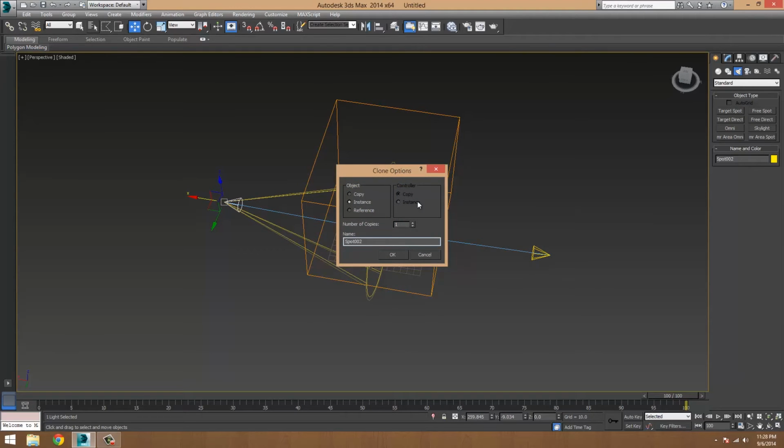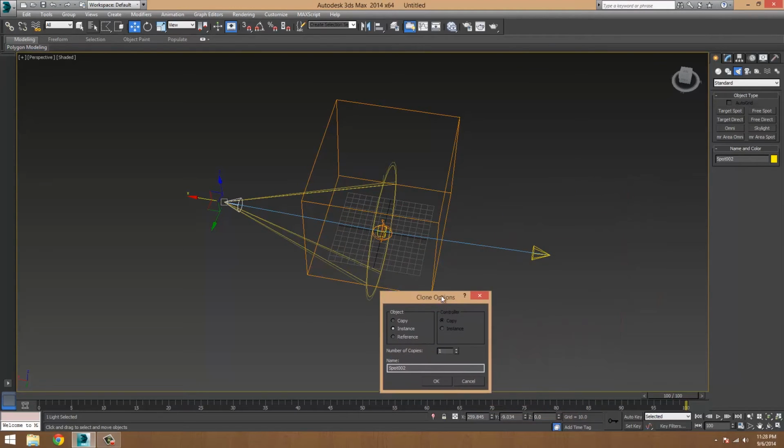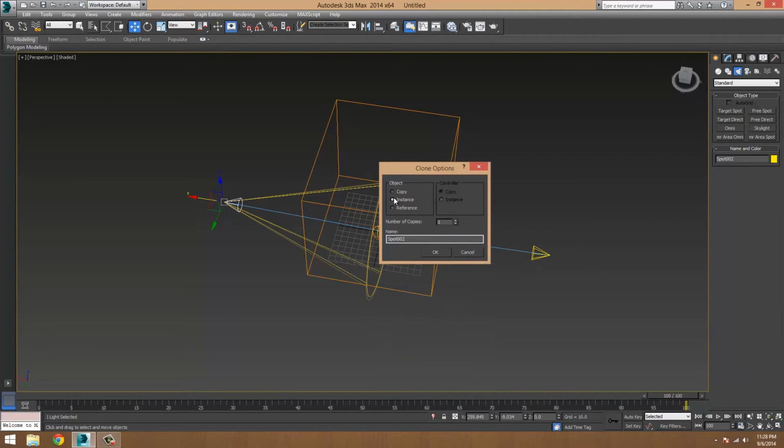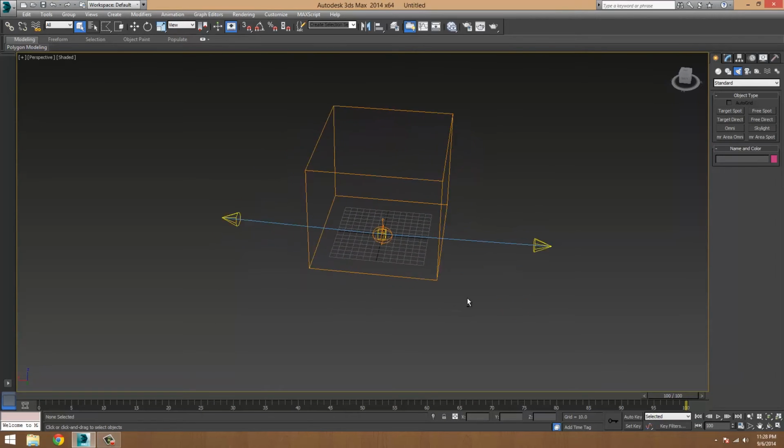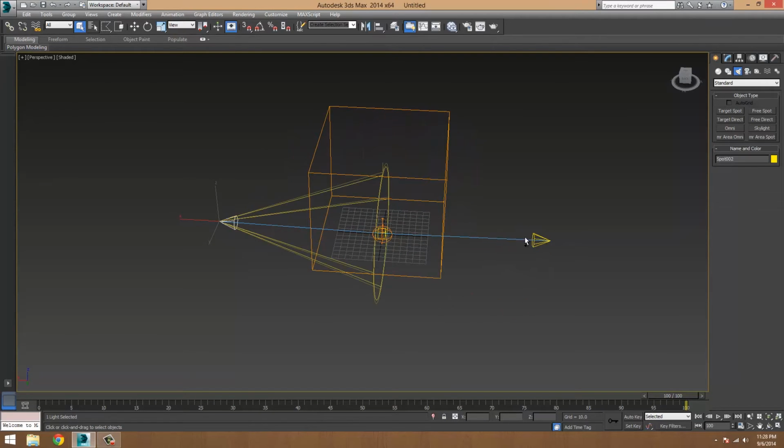So make copies of the first one we make. We can just make it straight across from the simple source, and make an instance. Make sure it's instance because we don't want to go ahead and change the parameters for each one, because that would take a lot of time. So click OK, and basically we have 2 lights right now, and what I like to do is select both of them and shift and rotate them,